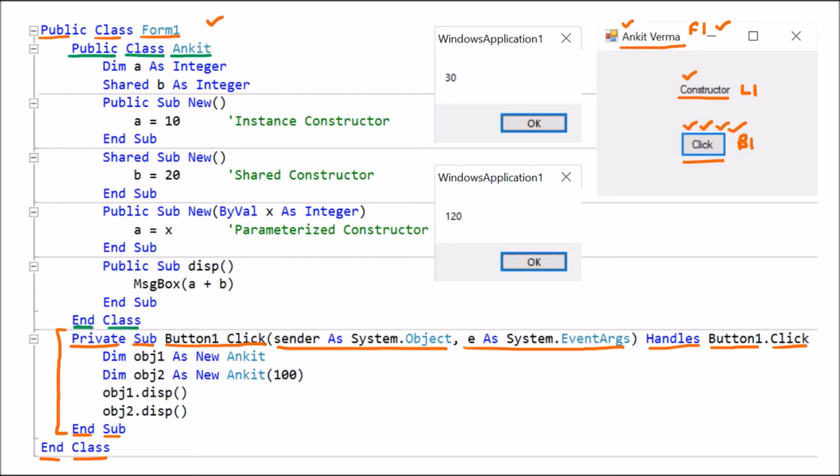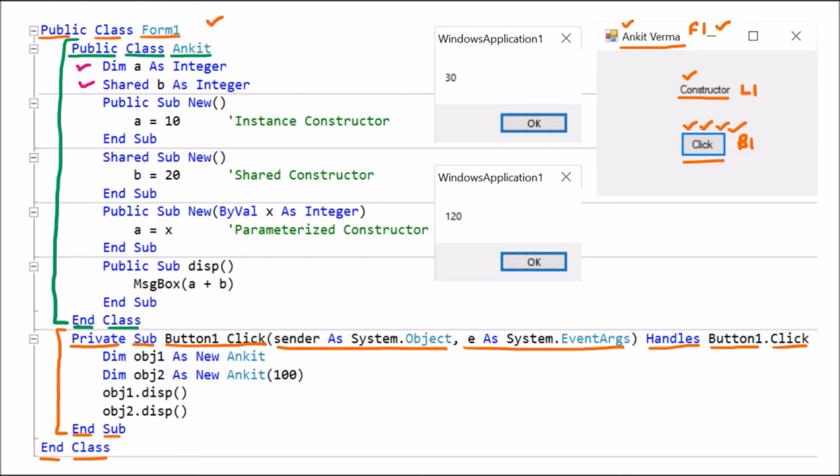So here we can see that the whole thing is the class. Whatever is inside is the part of the class. We know that a class is the combination of two things. One is the data members and the second one is the member function. So here in the first two lines, we have declared the data members. This is the one and this one is the second.